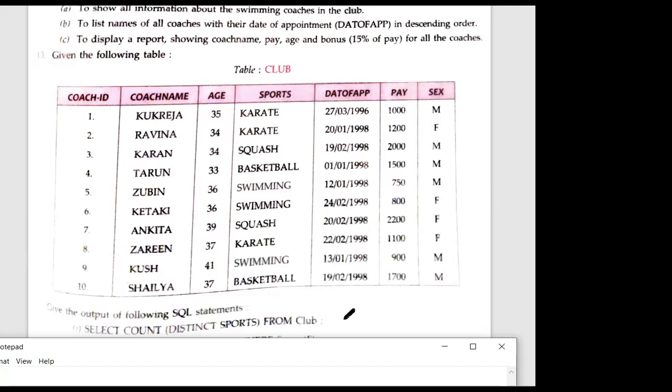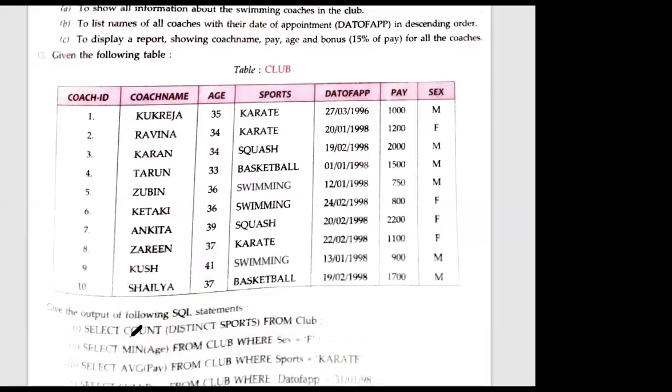Anshika correct. Vanshika wrong. Karan correct. Okay, first of all, let me clear one thing.